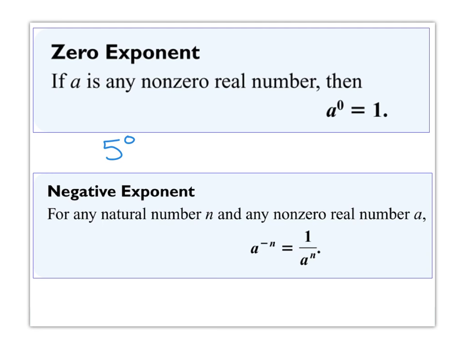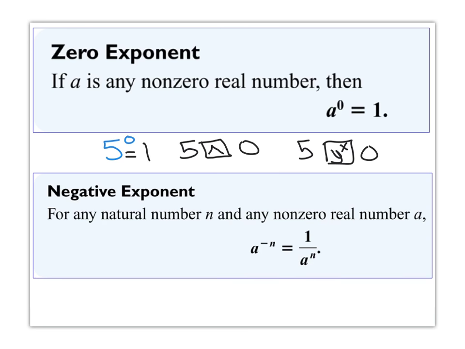Now the calculator buttons. You should be familiar with your exponent buttons on your calculator. Depending on what type of calculator you have, you might want to look for this arrow up button, then the 0, and press enter, or some calculators will have this y to the x button and then 0. Locate it and practice with your calculator so that you know what buttons to push as we get to some of the more complicated problems. So when you do 5 to the 0 on your calculator using any of those,